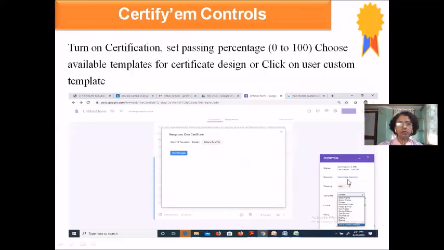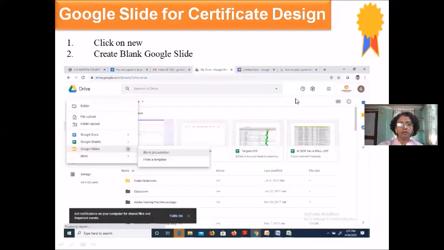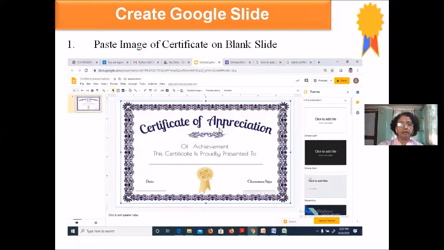After that, you need to select the template for the certificate. After opening that add-on, you need to fill in the information and select the particular slide which you have created for the certificate. Okay. Log into that, click the Drive, select the certificate.